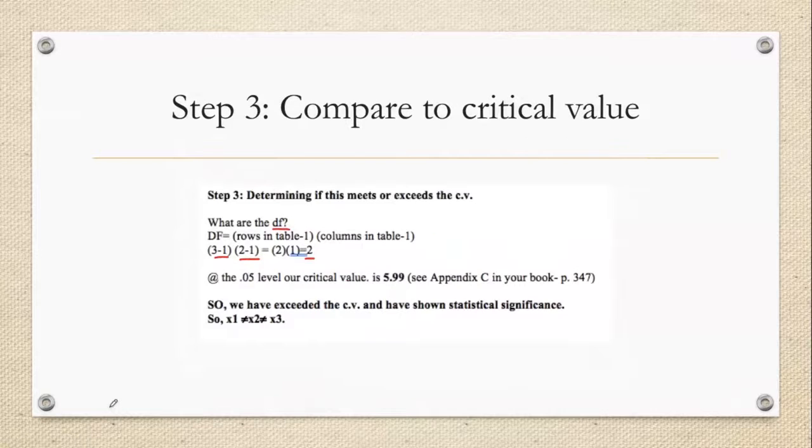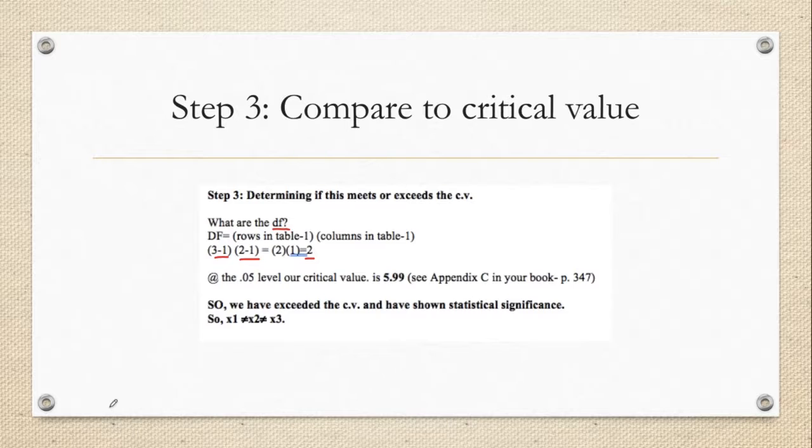All right, so once we've done all that, our chi-squared statistic in this instance is 10.500. We compare it to the critical value. Where is the critical value, you're asking? Well, this is much like the t-test that we had just talked about. You're going to go to your book, page 347, Appendix C. You're going to find the chi-square distribution, much like that t